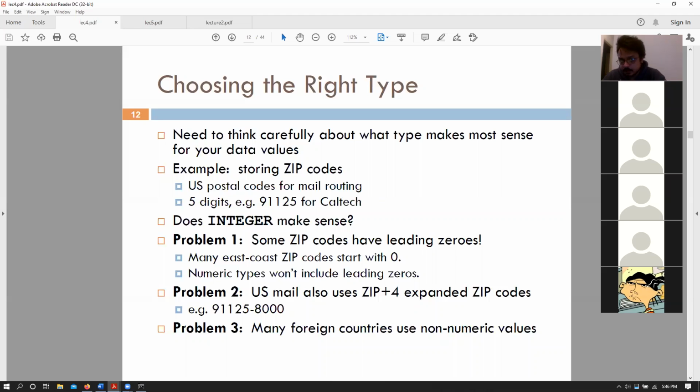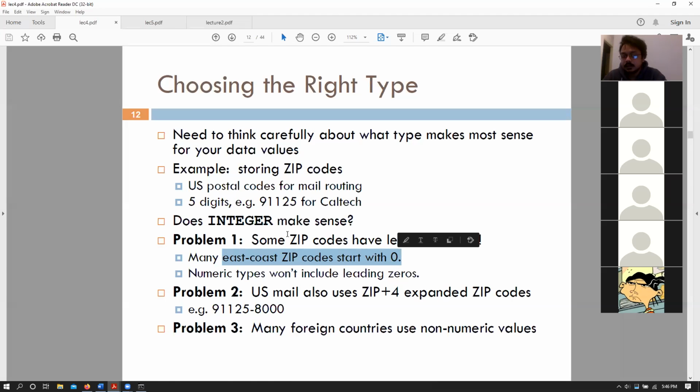We also talked about zip codes. Basically, that was just an example, but essentially, we need to think about the right data type to use every time. So, for example, last time we talked about how zip codes cannot be stored in an integer domain, because a zip code can start with leading zeros. Some East Coast zip codes actually start with leading zeros.